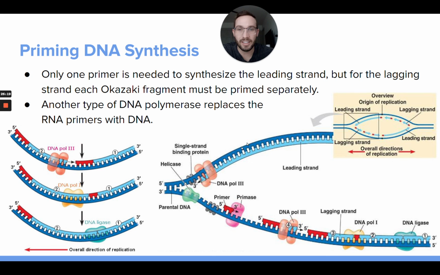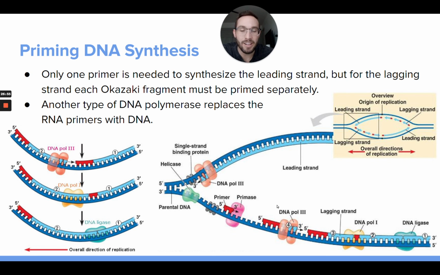Now on the leading strand, you're only going to need one of those. Once you have one primer, you can just keep going and going and build off of it. But on the lagging strand, as you can imagine, you're going to need lots of primers. Every time DNA polymerase makes a short piece, when it comes back to make another piece, there has to be a primer there so that it can build off of it. And so on the lagging strand, you're going to see lots of primers made by primase. It puts these short pieces of RNA down and has them ready so that DNA polymerase can come and build off of them to make the new DNA. And it's going to have to do that over and over and over again